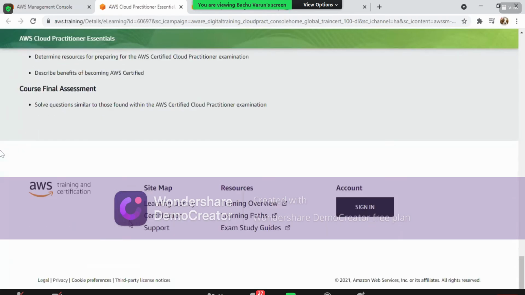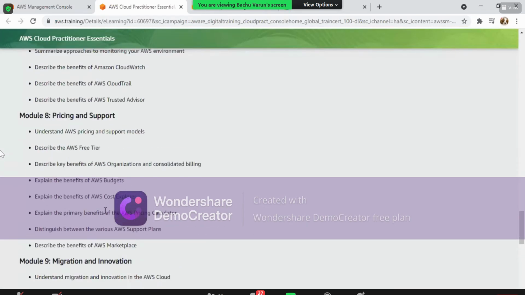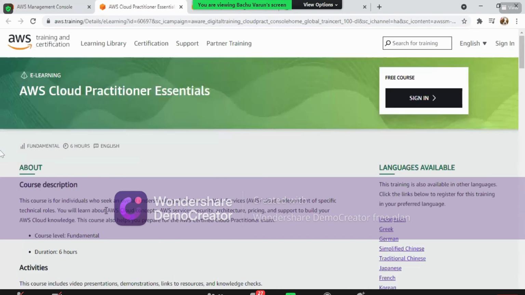If you want to learn, you have to sign in to the portal and get all these training practices. If you want to try this, yes, you can try the AWS training part and go to the sign-in option. This is also for a limited time.